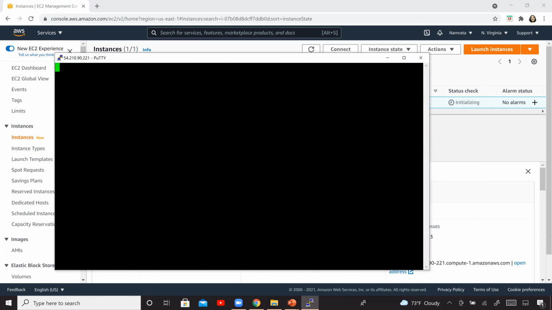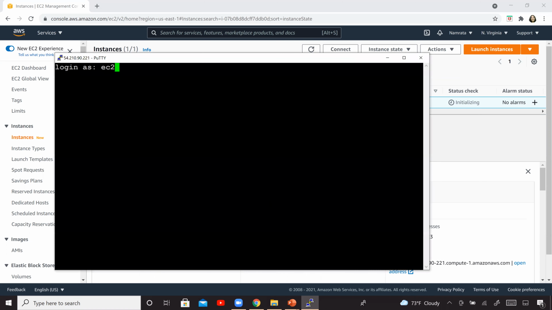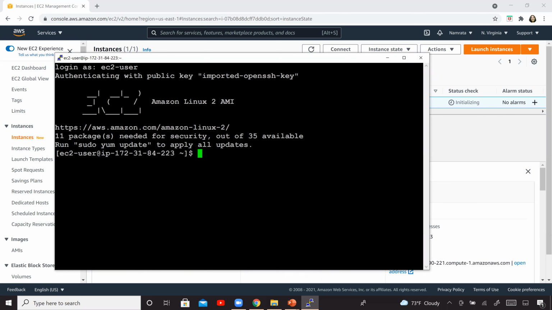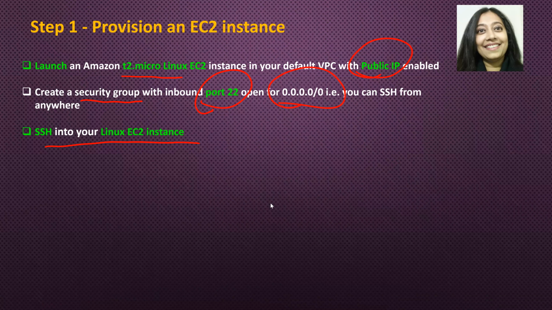Open. And our instance is up. And I'm basically able to successfully SSH into my EC2 instance. So we have completed step 1.